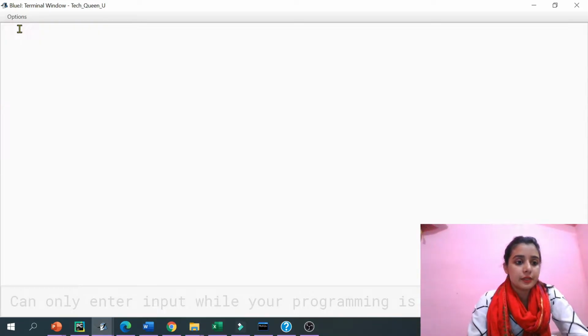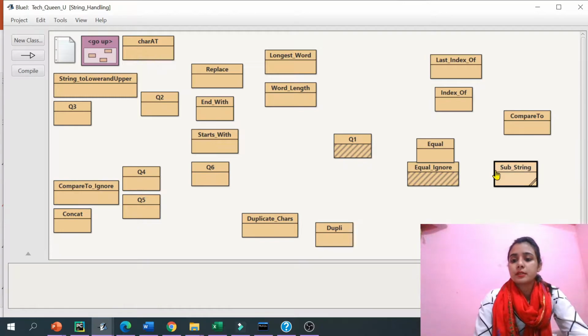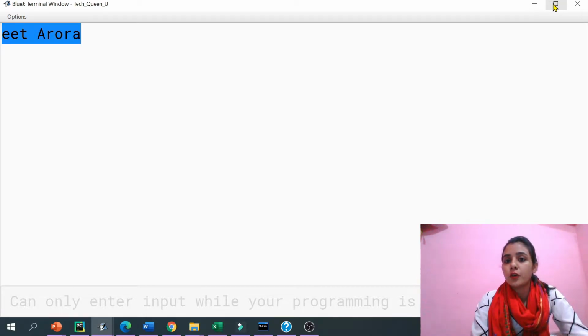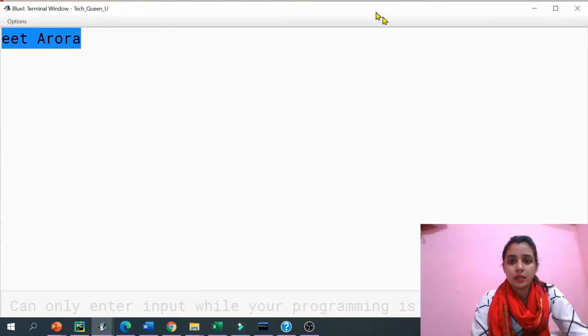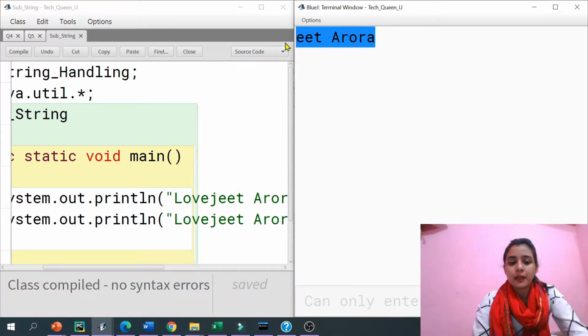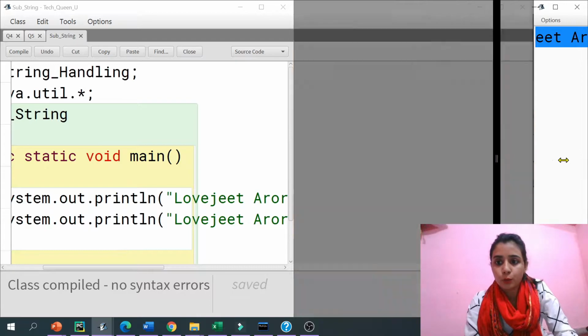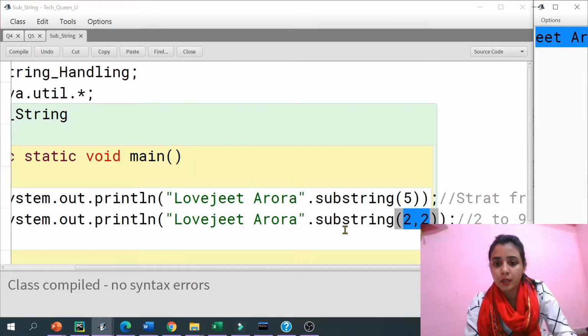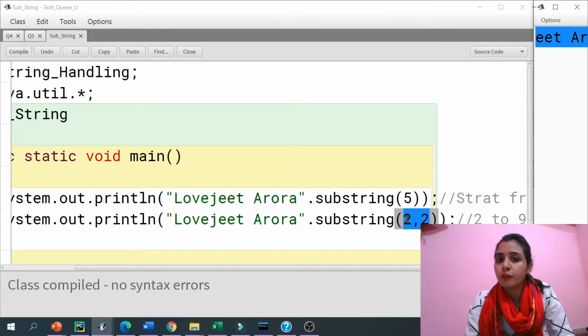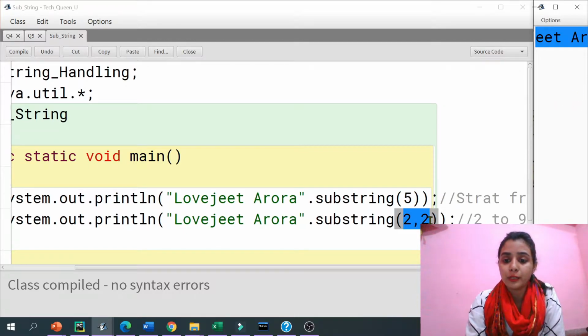Let me clear it and run this again. What are we going to find there? EET, that is our first line's answer. But in the second line we didn't find any answer. You can see here, this EET is the first output's answer, right? But when I had given the same values, we are not finding any output. Why? Because it will start from 2 and end on 2, so 2 will not be included, that's why the answer is not coming. I hope that thing is clear to you.